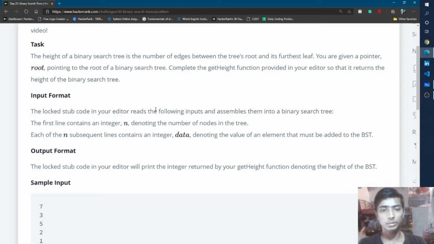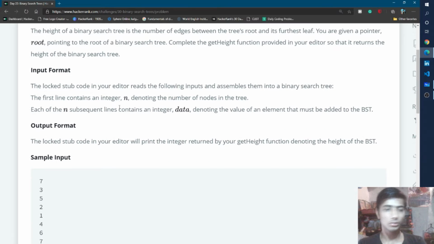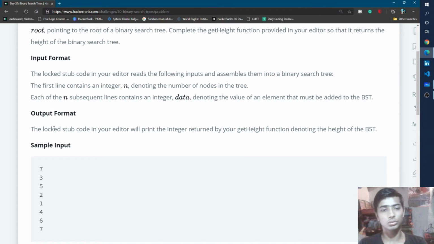Now I go to the output format. The locked stub code in your editor will print the integer returned by your getHeight function, denoting the height of the BST. So the output is also printed by the locked stub code present in your editor, and the getHeight function returns the height of this BST, that means binary search tree.